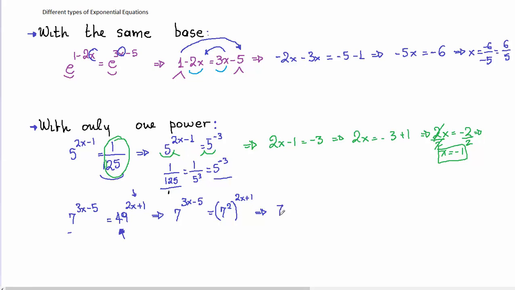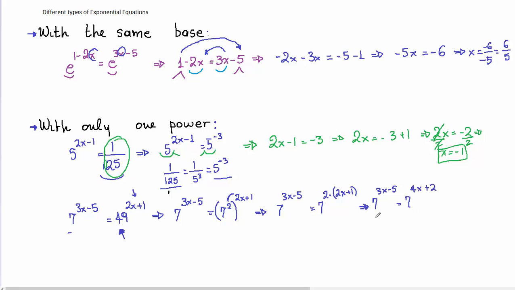So this now will give me 7 to the 3x minus 5 as the exponent, and on the other side I can apply the rule of exponents that tells me that a power to a power is equal to the base to the product of the powers. So this is 7 to the 2 times, keep the parentheses in order to avoid any mistakes, and you can take one more step at your exponents to simplify the exponent of the right side to become 7 to the 4x